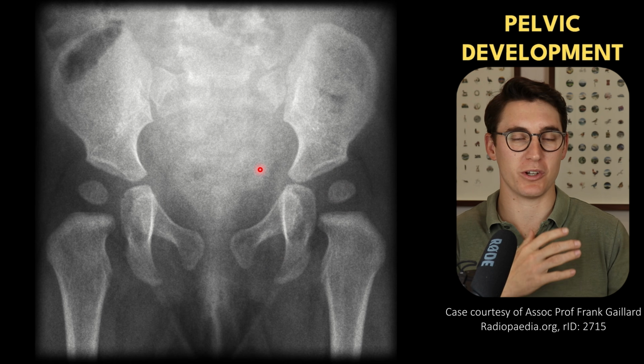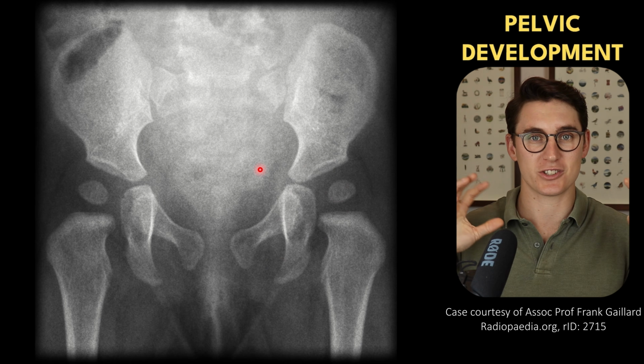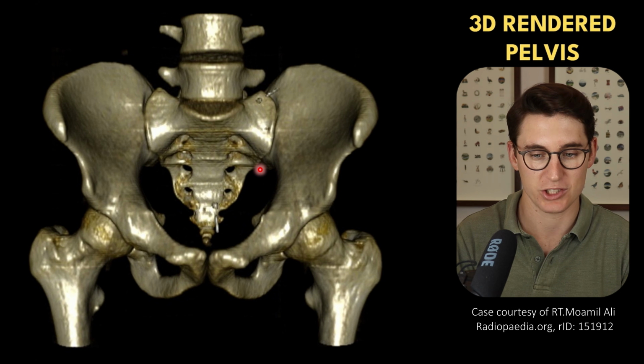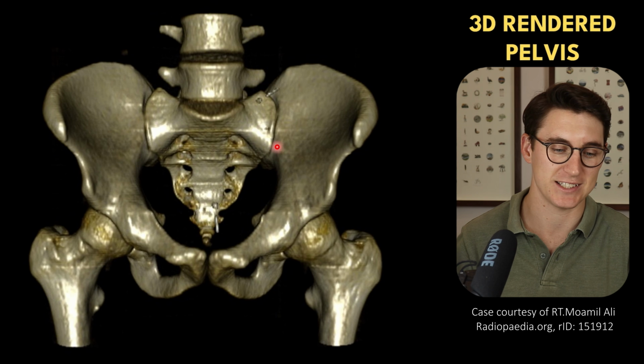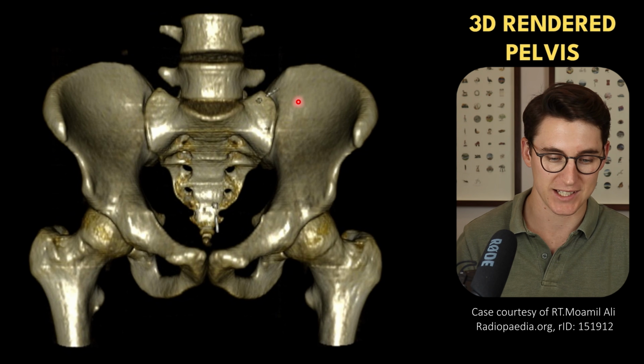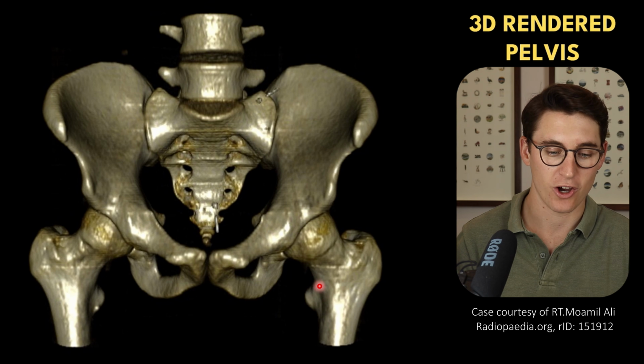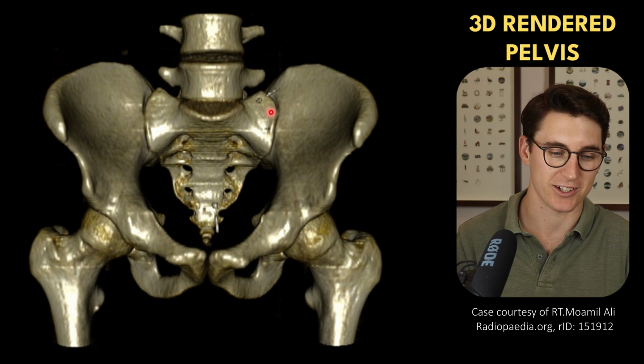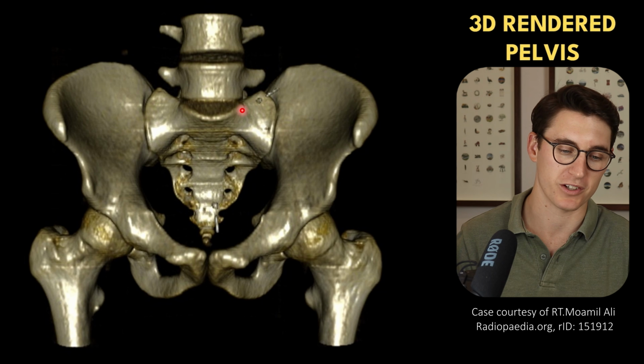Now, as always, when we're looking at a radiograph, it's good to have a conceptual or at least a 3D understanding of the anatomy. So if we have a look at this 3D rendered CT of the pelvis, we can see those pelvic bones here articulating with our femur, creating our hip joint, and our sacrum separating those pelvic bones